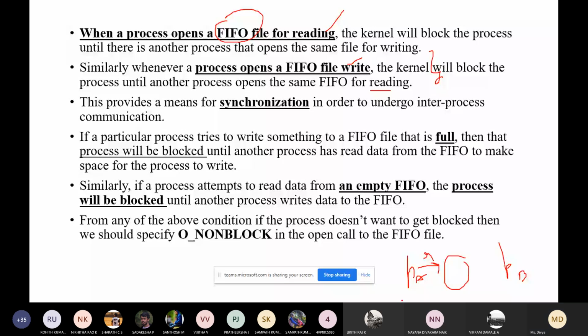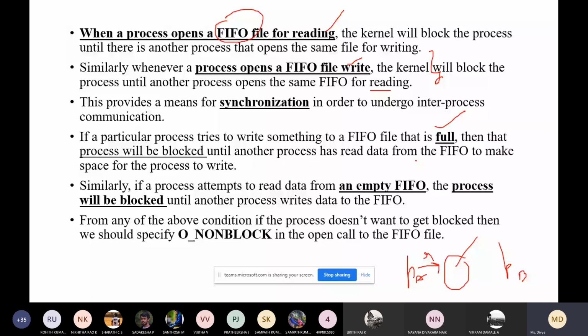If a particular process tries to write something to a FIFO file that is full, in that case, the process will be blocked until another process has read the data from the FIFO to make space for the process to write.